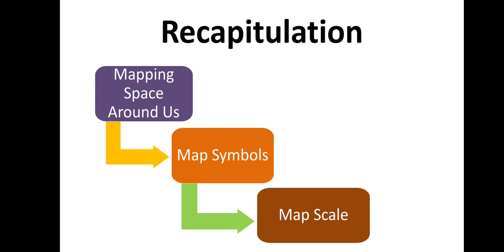Those points were, to represent different objects or places, different symbols are used, that is the use of map symbols. Size of the object will remain the same irrespective of the observer's viewpoint, and a map is different from a picture. What about map scales? We have also studied. A particular scale is used to draw a map so that the lengths drawn are proportional with respect to the size of the original figures. And this is the whole concept of mapping space around us. I hope using this concept, you must have completed your exercise 10.2 of NCERT. Using map symbols and map scale, you must have shown your creativity.